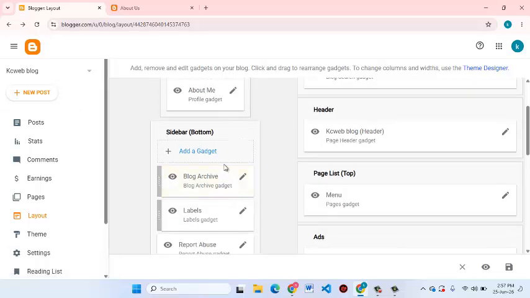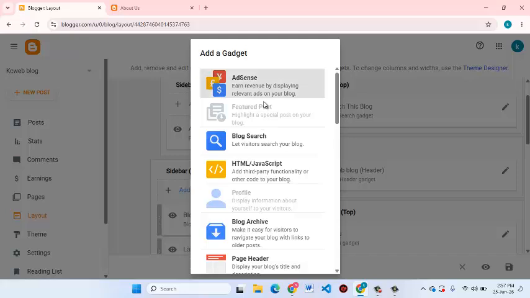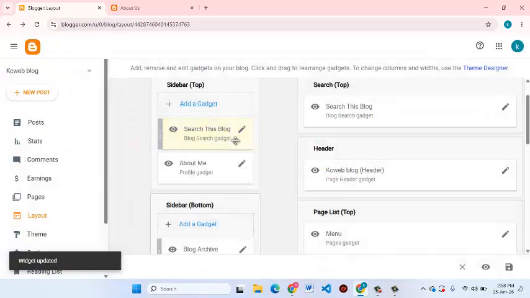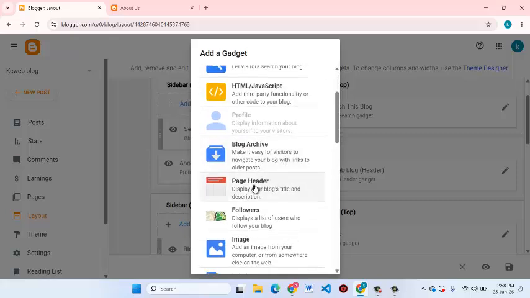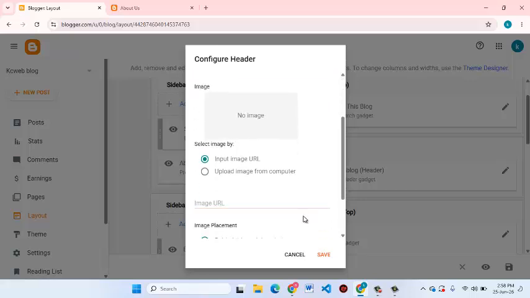Now if there's other thing you want to add in the sidebar, you want about me to show in the sidebar, or you want to add any gadgets, just click on add gadgets. Anything you want to add, blog search, save. If you want to add anything on the sidebar or page header, you can add it. Blog description, you put the blog description. If you want to put image,